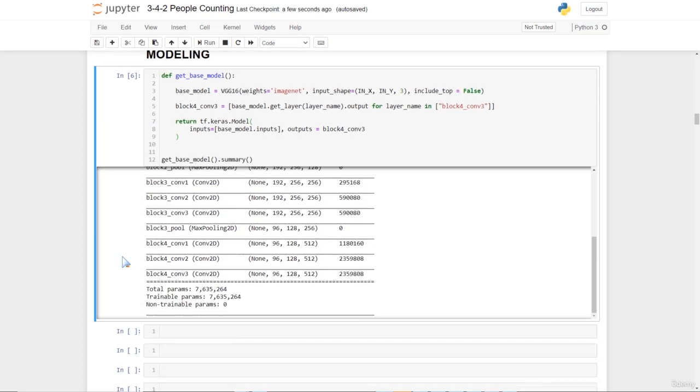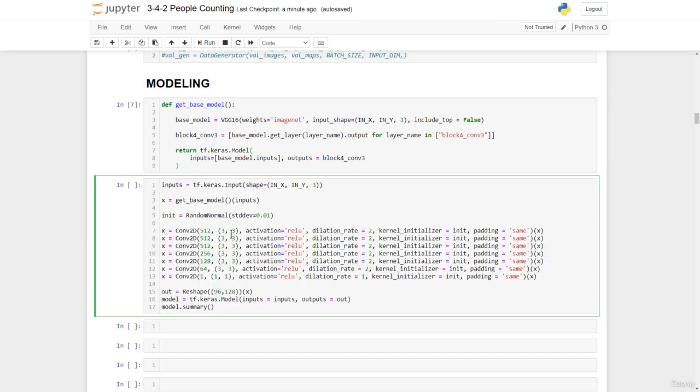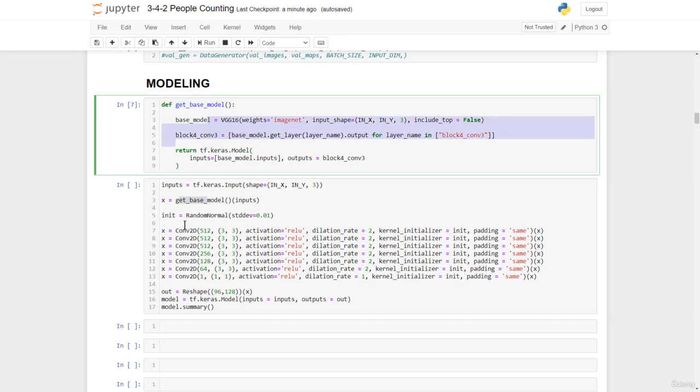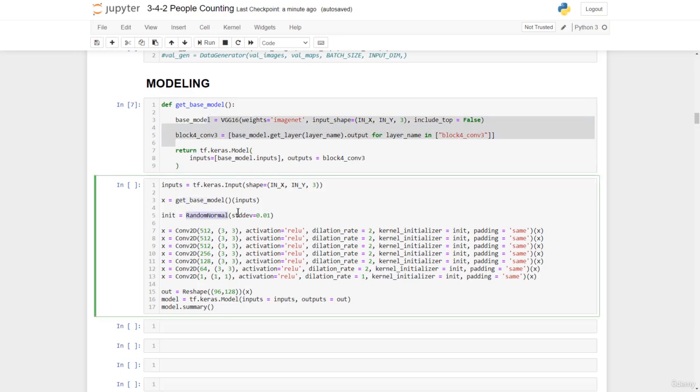Now we've had this base model, we could go ahead to adding the last layers, which in the paper they call the back end. We now define these layers where we have our input in X, in Y. We pass the inputs into our base model, which is what we've just defined. We have this random initialization, which is stated in the paper, with a standard deviation of 0.01. Then following what's given in the paper, we have 512 channels, 3x3 kernel, activation ReLU,